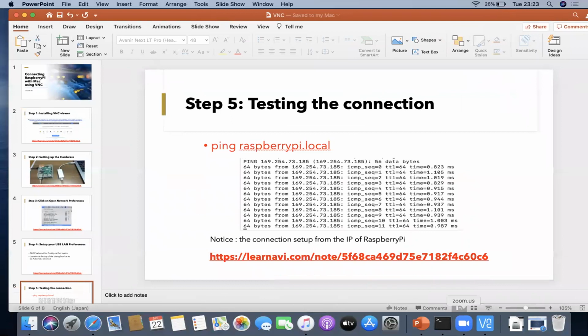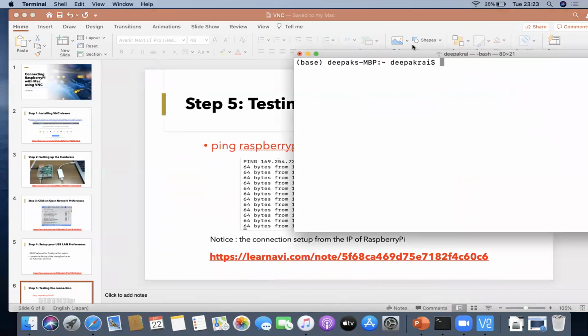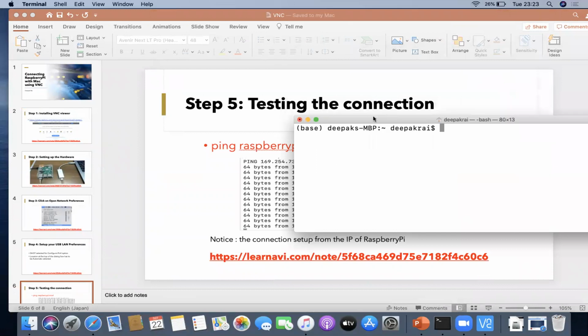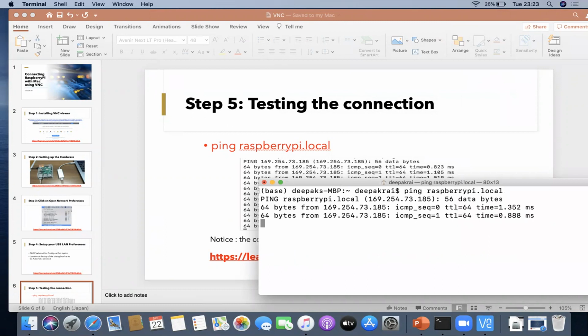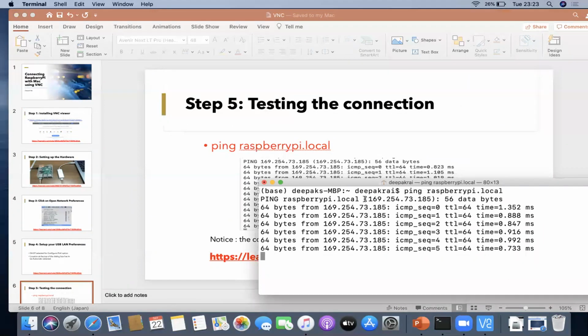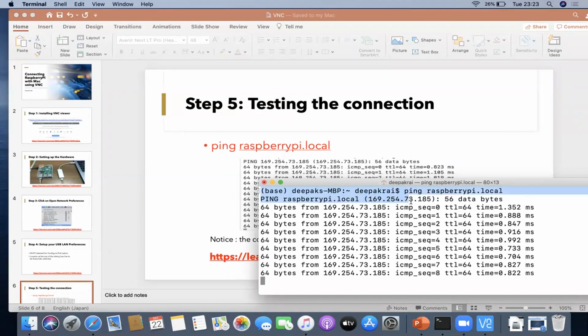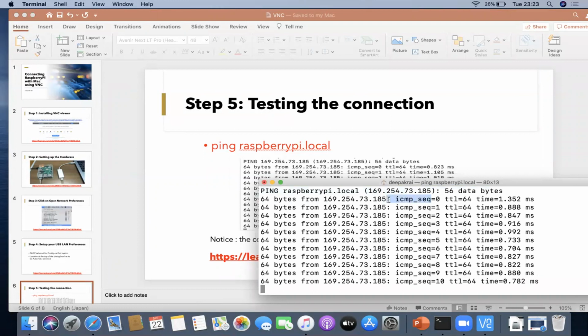For that, open your terminal and just type this command, which is ping raspberrypi.local. So it is giving me that raspberrypi.local has this IP address, and the data, like 64 bytes from this IP address, meaning from the Raspberry Pi, is transferring to this